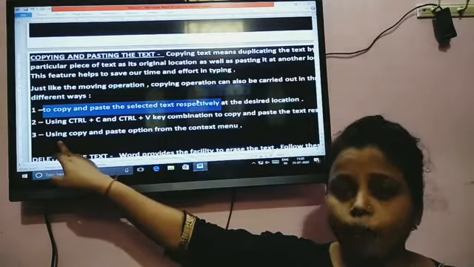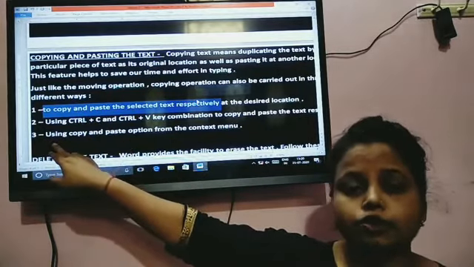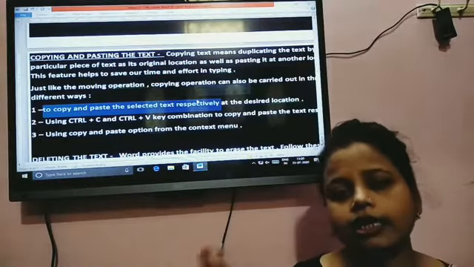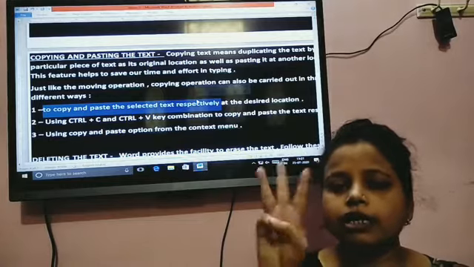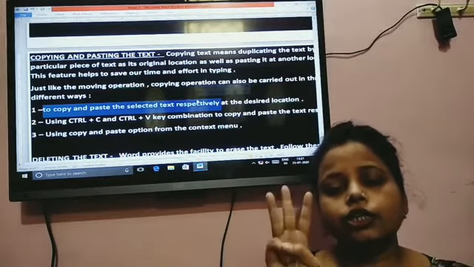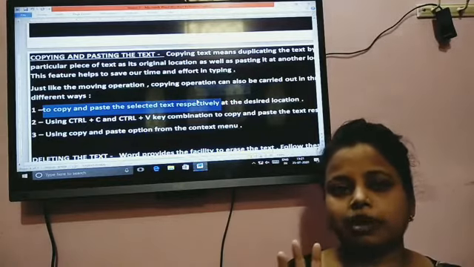So first I will select it, and for the copy and paste command, three ways are given. Using these 3 ways you can copy and paste.